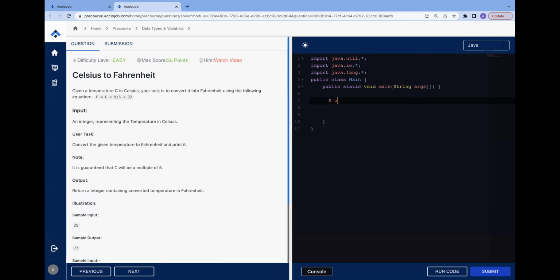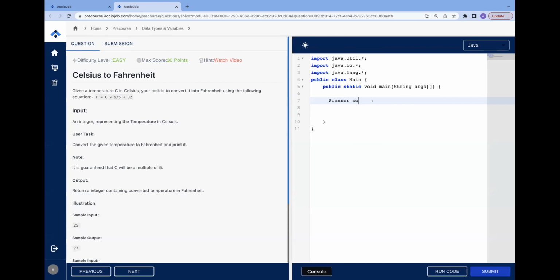All right, so let's start writing stuff. Scanner sc equals new Scanner(System.in) dot